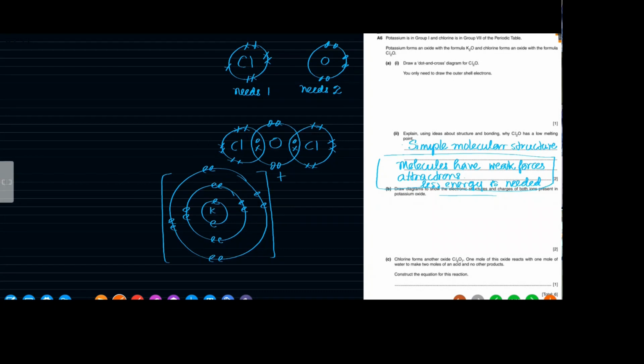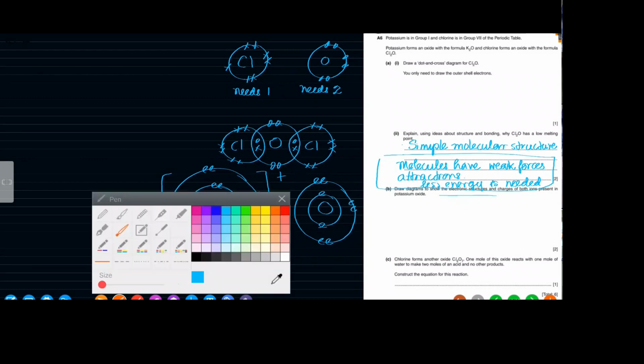For the oxide, they don't ask you to draw with numbers, they just want the ion and the charge. Oxygen has 2, 6 in the normal electron configuration, but once it takes 2 electrons from potassium,